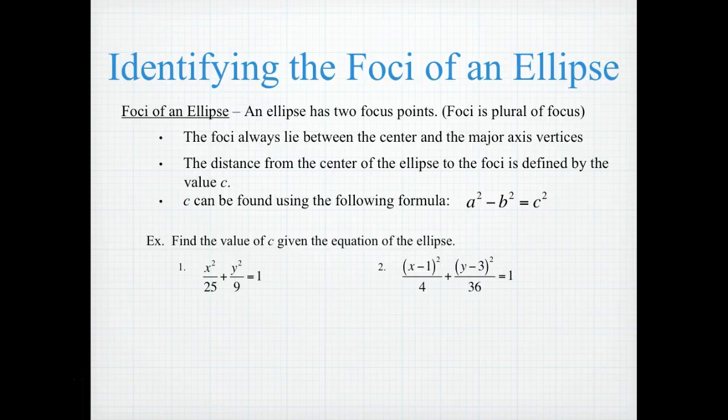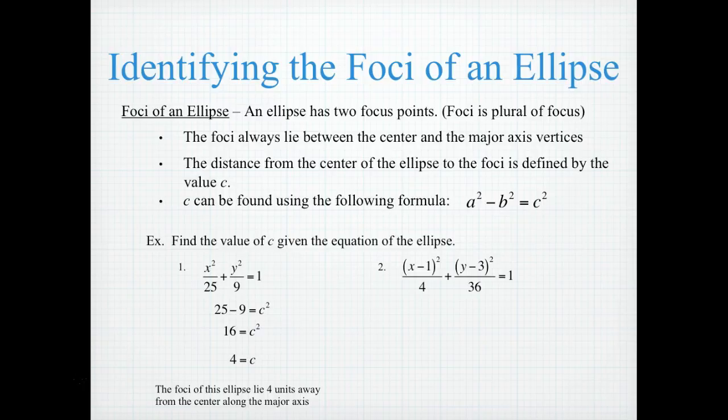So in this case, the formula for c is going to set up as 25 minus 9 equals c squared. And as we simplify and solve, we end up with a value of c that is equal to 4. What that tells us is that the foci of this ellipse lie 4 units away from the center along the major axis. Remember, the foci will always lie on the major axis, and c represents the distance from the